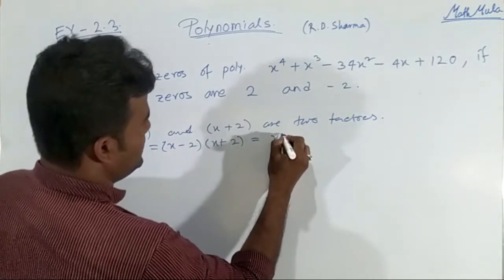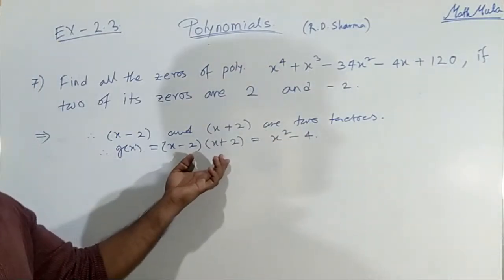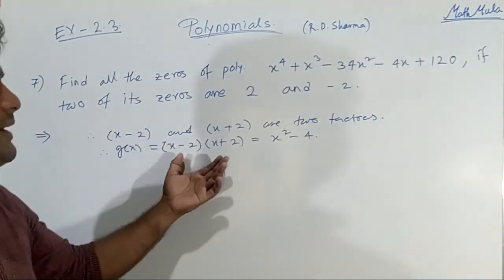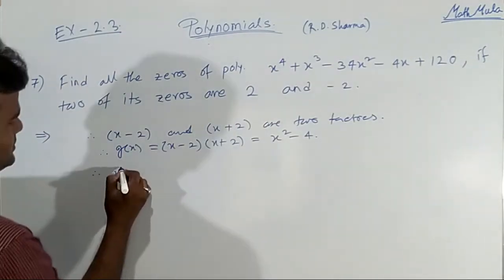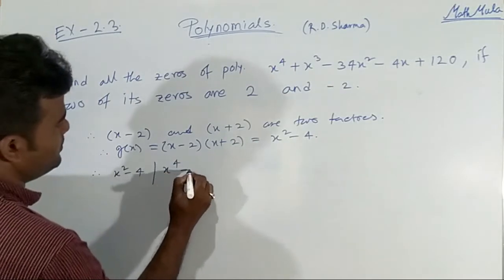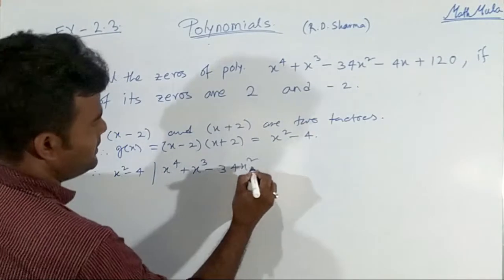This is equal to x square minus 4. The multiplication of these two factors is also a factor of this polynomial. If we divide this polynomial by this factor, then the remainder must be 0. Let's check. x square minus 4 and the coefficients x to the power 4 plus x cube minus 34x square